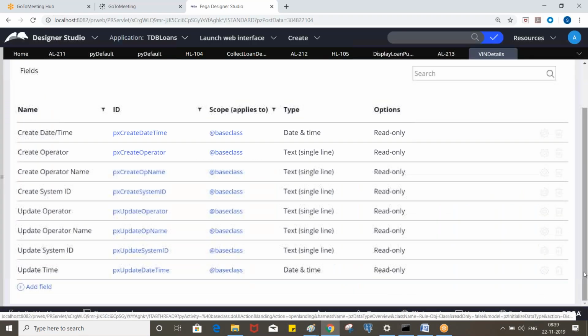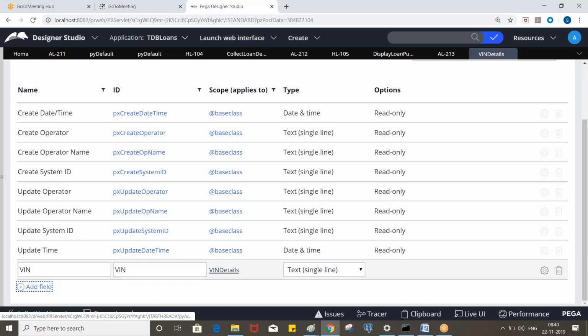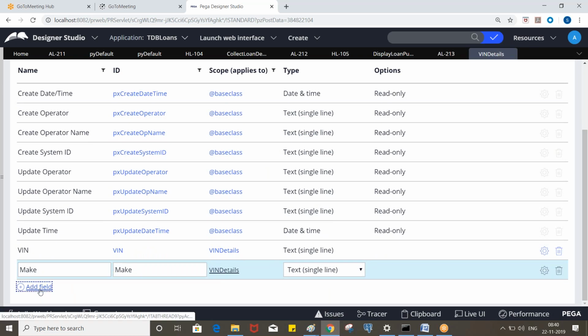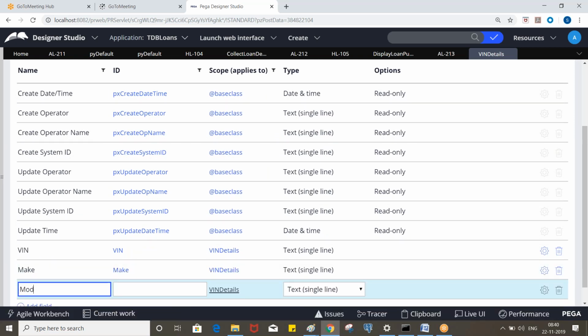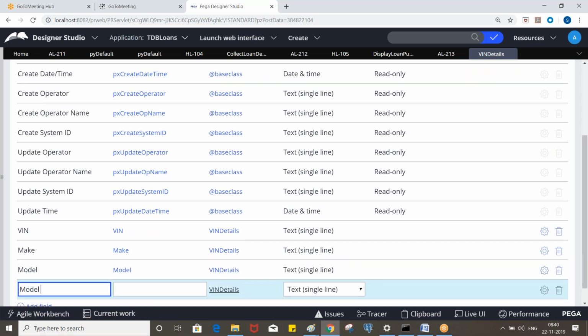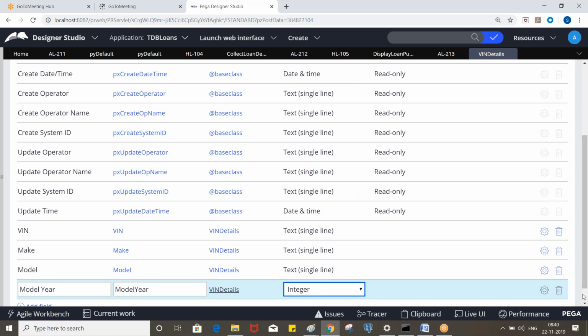So let's create the properties called VIN. This will be the primary key. Make. Model. Model year, right? Model year will be integer.